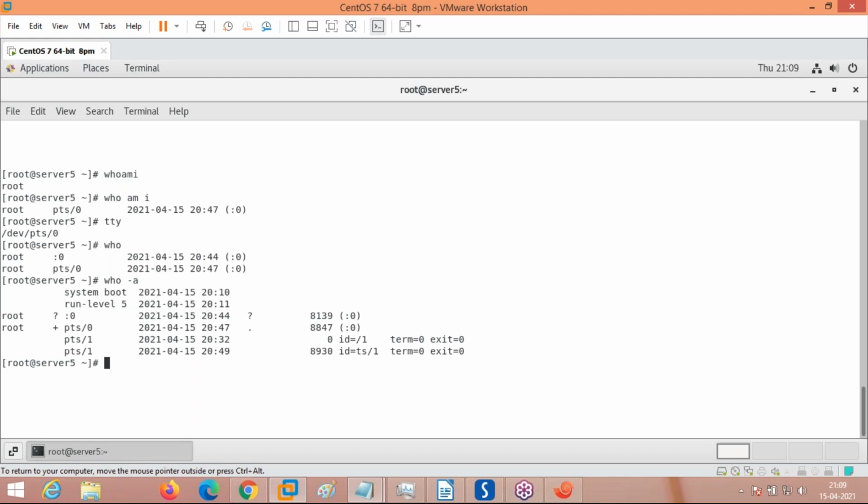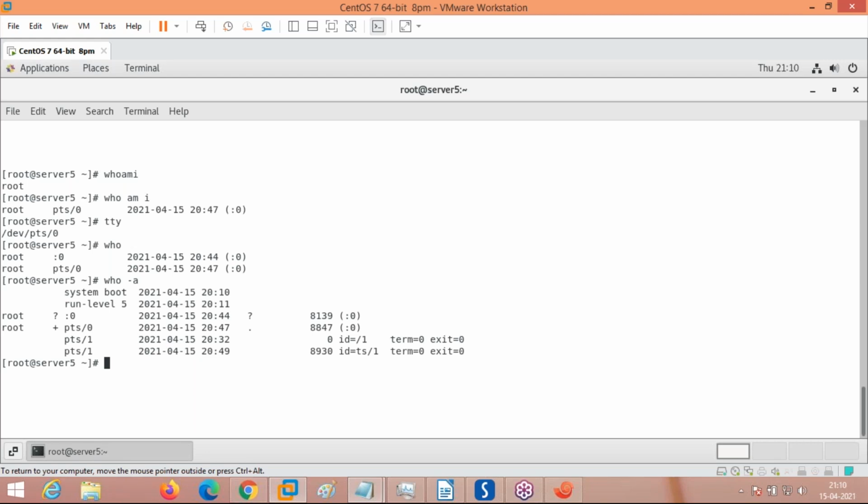15/4/2021. It has booted into run level 5. Run level 5 is a graphical boot. What is the meaning of run level 5? It is a graphical boot, because now we are booted. When did it boot into graphical mode? 2011, which means 811. When we started our class 811, we booted into this run level.